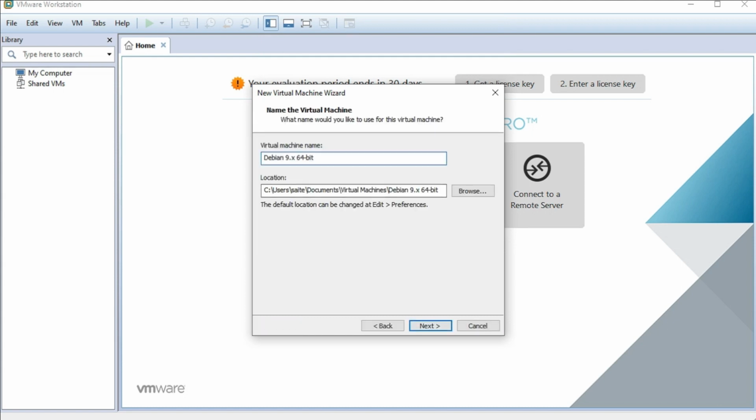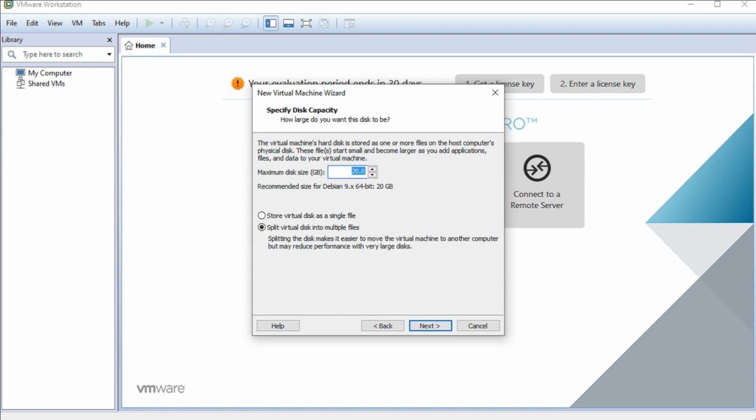Here it will ask for the virtual machine name. Let's name it Kali machine. Now click on next, and here it will be asking for the disk size. The recommended minimum size for creation of a virtual machine is 20 GB. So it should be 20 GB. To create a virtual machine of Kali Linux, 20 GB is recommended. Now click on next, or else if you set less than 20 GB, the creation of the virtual machine will fail. Now click on next,